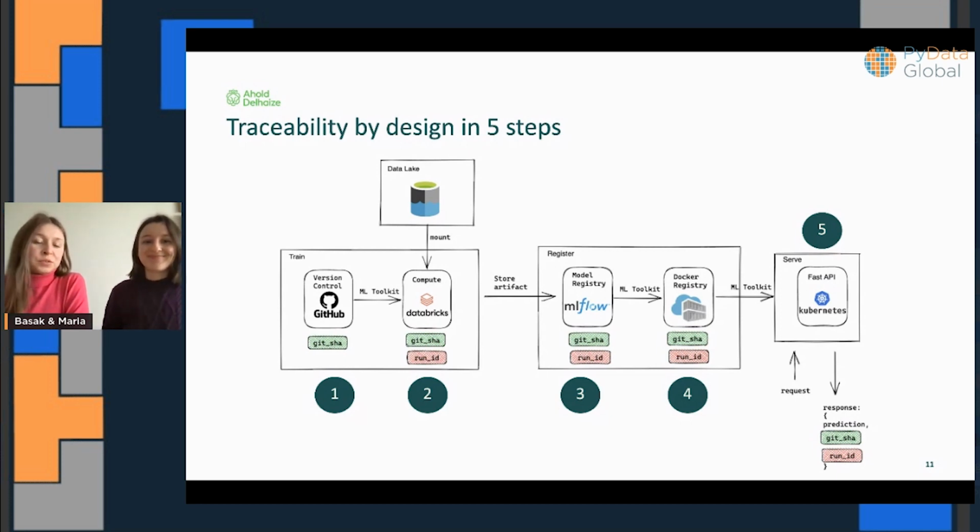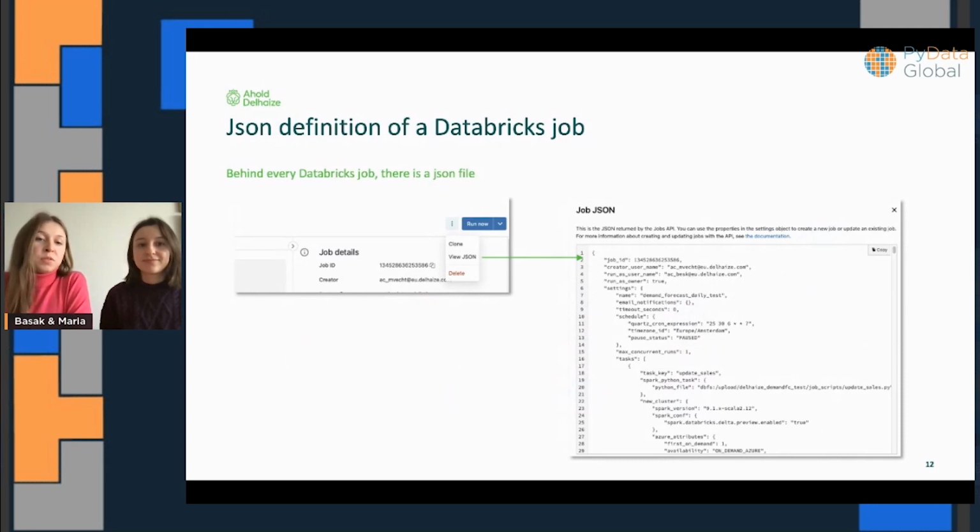I want to highlight first that we use Databricks as a main compute for training our models. And when we look at Databricks workflows, just as any orchestrator you have, like Azure Data Factory or Step Functions, it can be defined in JSON format. So any Databricks job is defined as JSON.